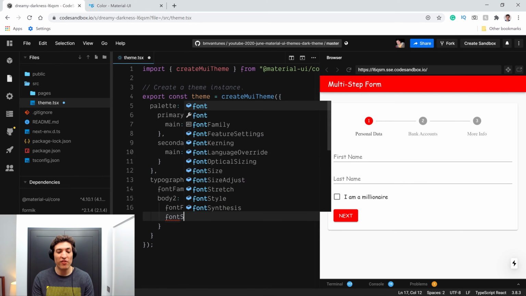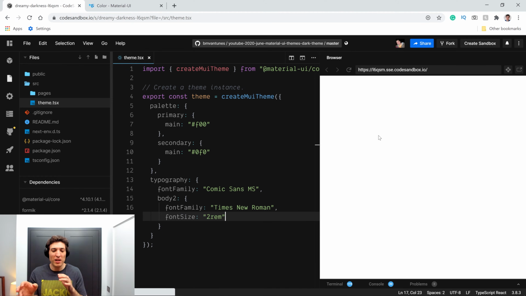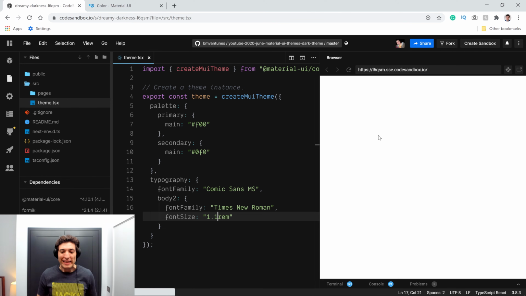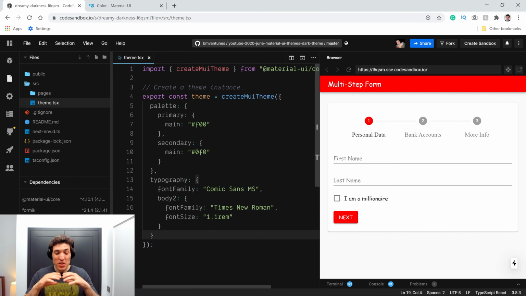You can even change the font size of that one and say that it's, for example, 2 rems. It will be too big, so I will just remove them in a second. But as you can see, we can completely change how the typography looks in Material and customize to your own company. All right, so this one I will just put to 1.1 because at least it's not completely ugly. It's enough that the colors are already ugly, right? So the typography, as you can see, you can also change completely the typography in Material.